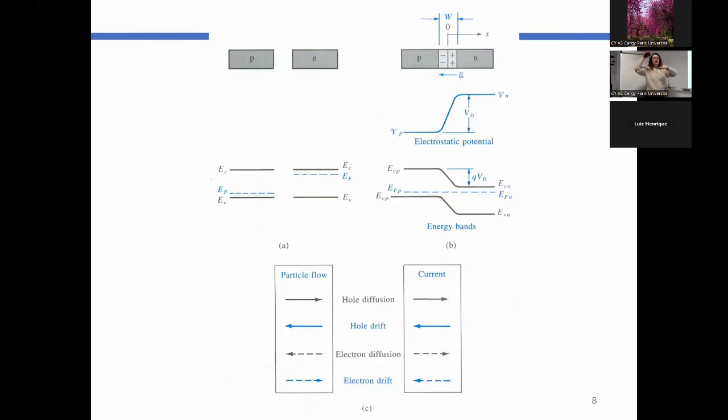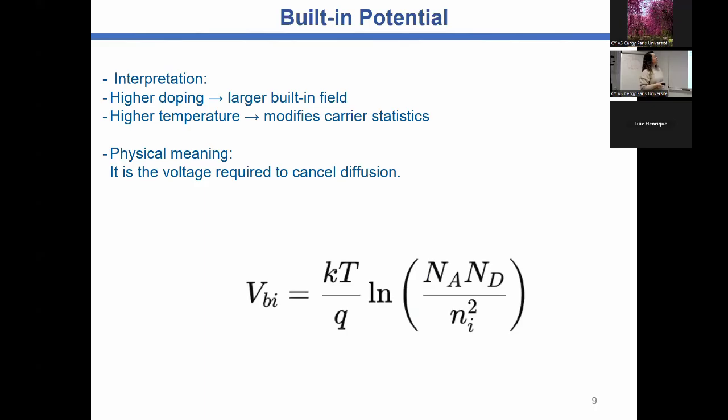It means that we are applying positive charge in one direction and negative charge in the other direction, and we will have this movement in the band. So the energy necessary to have a flat band is the built-in potential voltage,